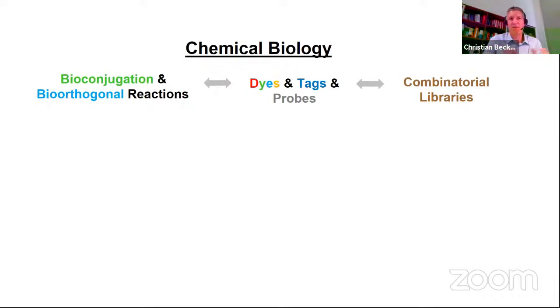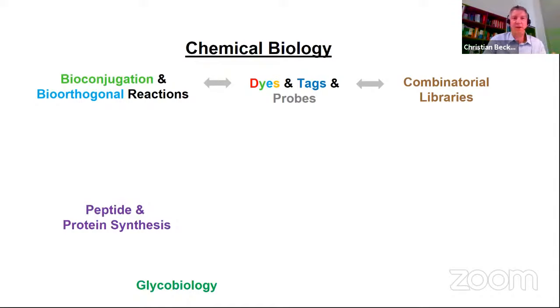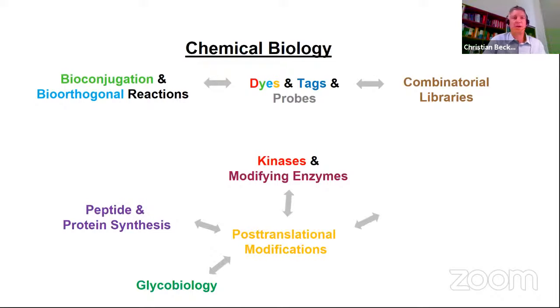And below these kind of headlines that I've put in here for chemical biology, there are many other topics that come into play, and the selection that we show here is not complete and of course biased by our personal interest in research topics. And there is peptide and protein synthesis, there's glycobiology, there are specific classes of enzymes, overall modifying enzymes, the interest in understanding patterns of post-translational modifications in cells, of investigating or introducing connections between molecules that are typically not present in biological systems by using molecular glues